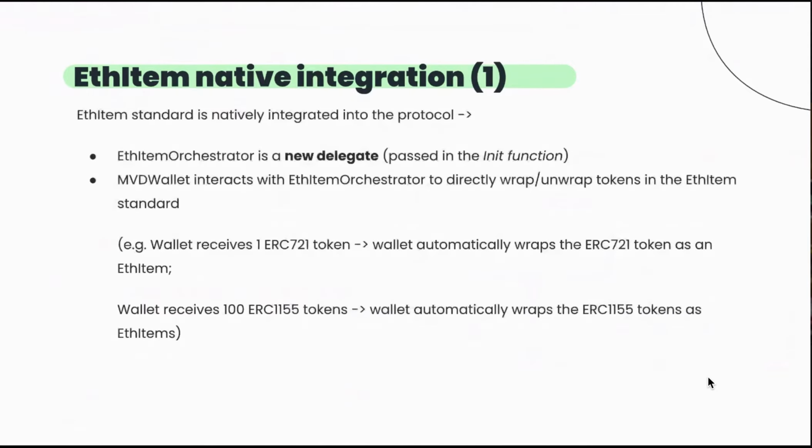The second point of our speech is the ETHITEM native integration. This means that in the DFO protocol version 0.5, the ETHITEM standard is natively integrated inside the protocol. In fact, now the ETHITEM orchestrator is a new delegate. This means that it's passed during the initialization of a new DFO, and thus it's mandatory. And the new wallet of a DFO interacts with this ETHITEM orchestrator to wrap and unwrap in the ETHITEM standard all the ERC